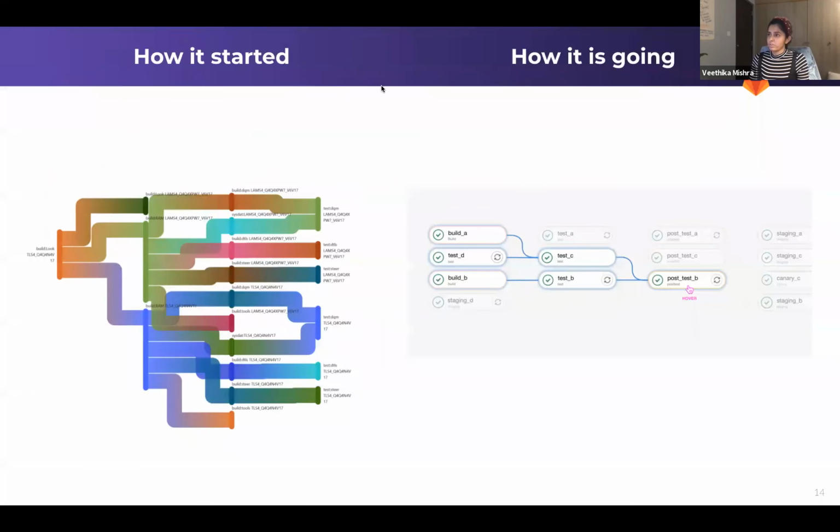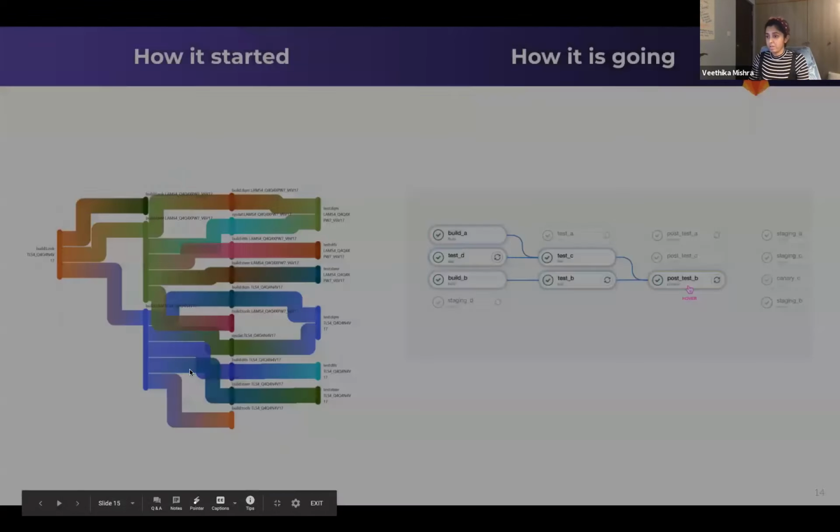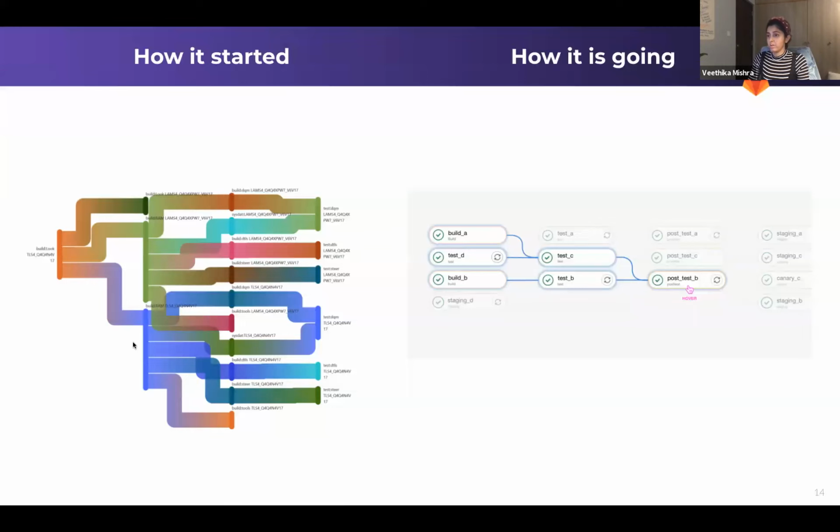Now, following the Twitter trend, how it started and how it's going. So this is how it started and this is how it's going. So there were a lot of things that we learned from the research that we conducted, but when we weighed it, if we try to act on all of those insights and fix the visualization that we started off with, it's going to probably take a lot of time, but is it worth giving all that time?